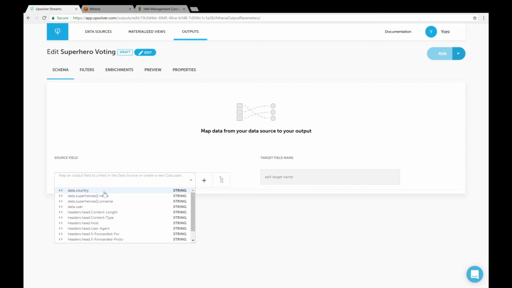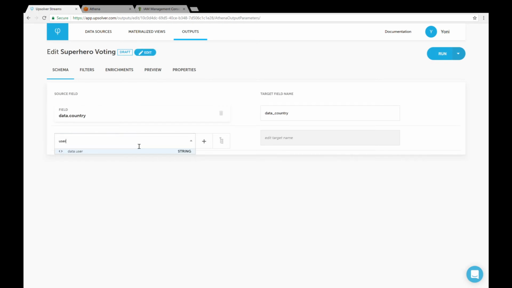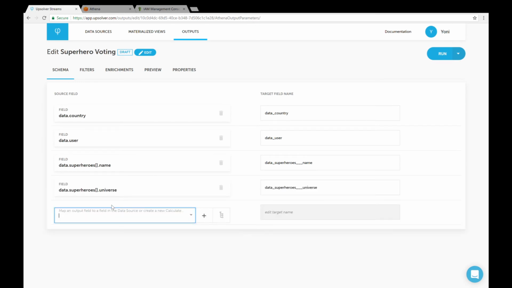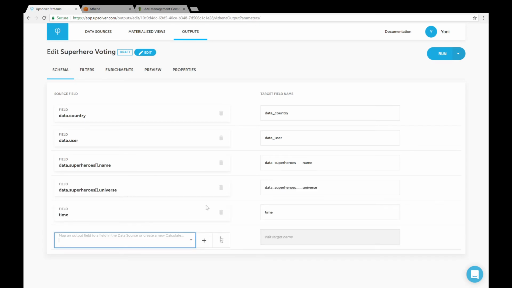Now we can add our data to the table. Let's add the country, user, superhero name, universe, and time fields. Time is an auto-generated field that exists in every record in Upsolver that represents the time the event was ingested. While Parquet does support nested and array values, Presto works very sporadically with them, so Upsolver will automatically flatten the outputs to Athena for you, similar to how you would expect data to be flattened for a database or a CSV file. Now that we've finished defining our table, we can look at a preview of the data,